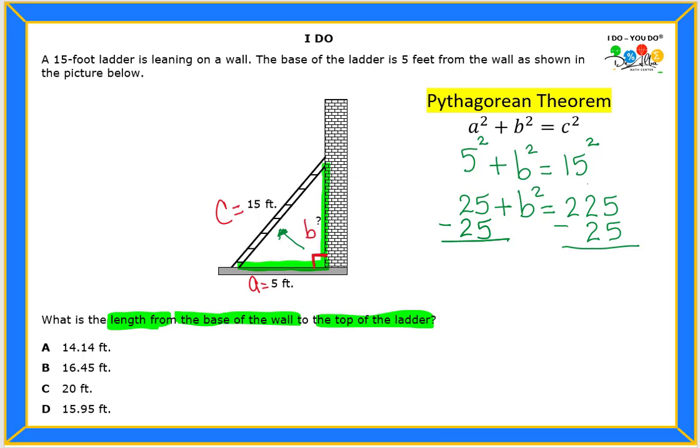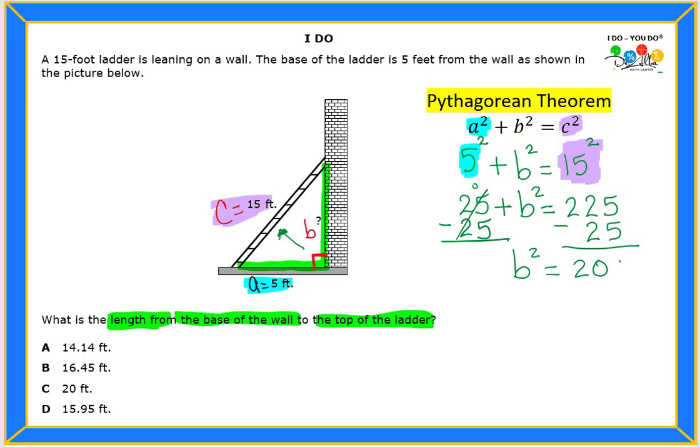Okay, so notice how there's only two things that I replaced. A was replaced by the 5, and I did write it to the second power. Now C is the other one that I know. The only thing that I did not know the value for is B. That's why B, I'm just bringing it down. So be careful with that. So let's continue. 25 minus 25 is 0, so it cancels. So I'm going to bring down B squared, and 225 minus 25 is